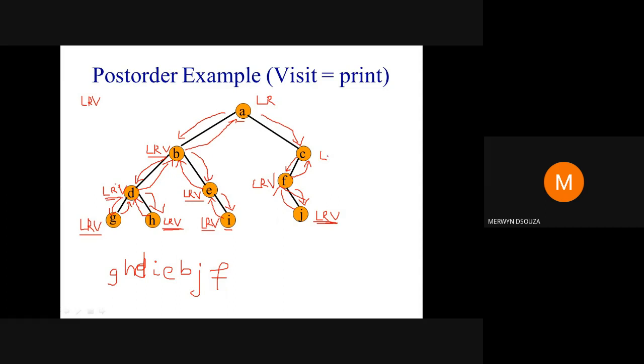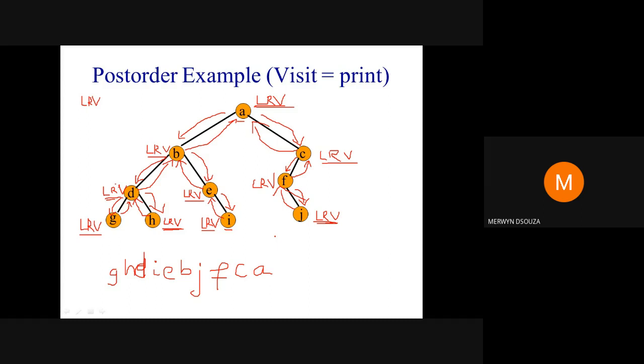So here only one step is done. So try the second step. Try to go to the right subtree. Is there a right subtree? No. So perform the third step. Visit. No more steps are remaining. So go back up. Okay. Any more steps remaining here? Yes. Visit. So all the steps have been done for all the nodes. So this will be the post order traversal for the given binary tree.